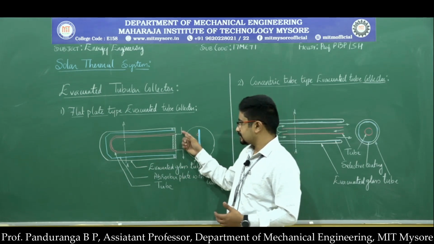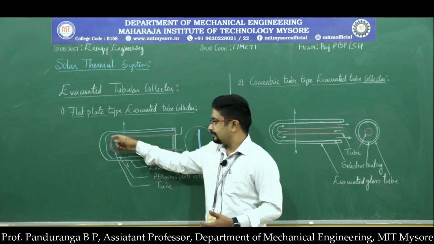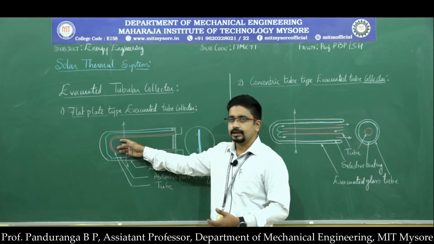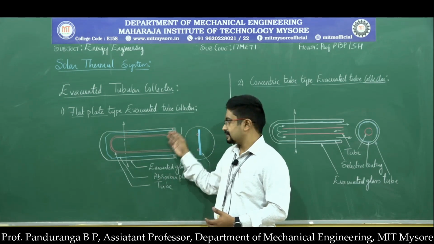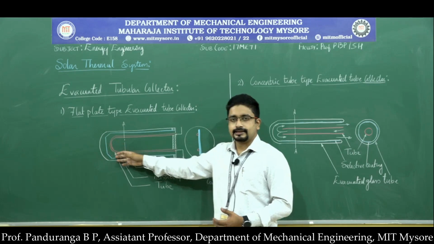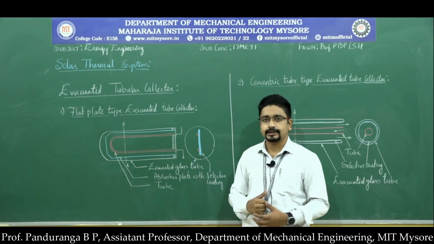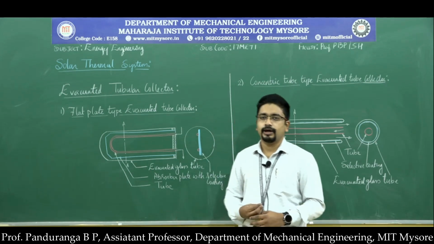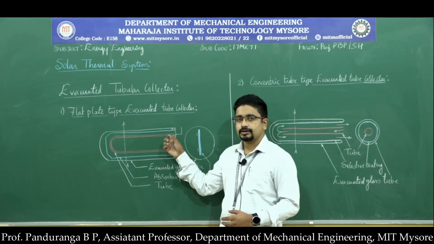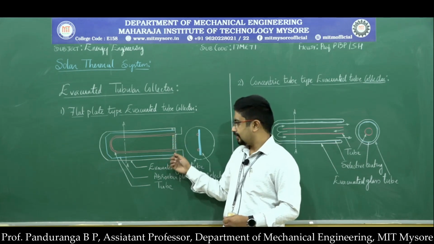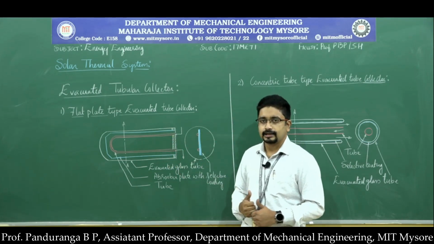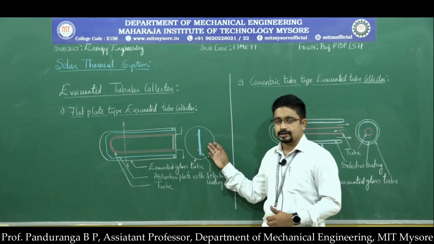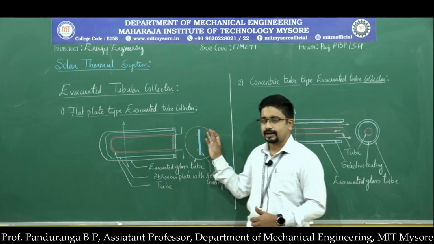The water enters from one end of the tube, passes through the smaller tube, and then takes a U-turn and comes out of the other end. Here we don't have the bottom header, we have only one header to transfer the cold water, and the hot water will be collected in the tank. So this is one arrangement. The cross section of that we can see here. At section AA we have taken the cross section.